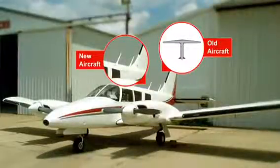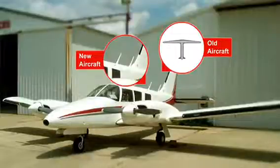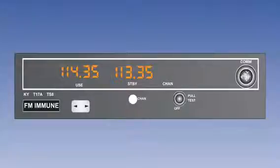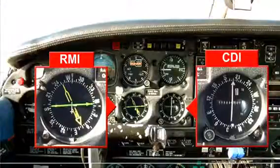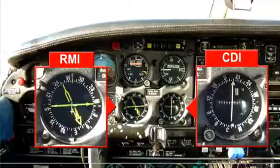We have looked at the ground equipment. Now let's look at the aircraft equipment. The antenna, which is a horizontally polarized dipole, can take one of several forms, depending upon the age of the aircraft. Older aircraft have large dipoles, whereas new aircraft have smaller blade-like antennae. A receiver is tuned to the appropriate VOR frequency, and the signal from the antenna is sent to the receiver. This is then interpreted and displayed as a narrow needle on its own display, a course deviation indicator, the CDI. It may also be